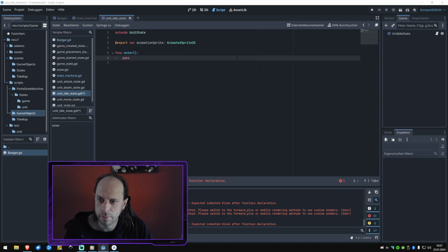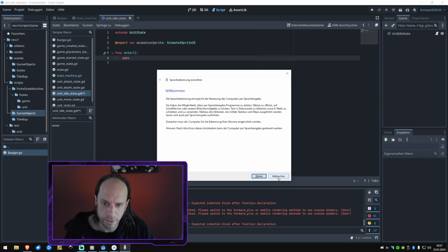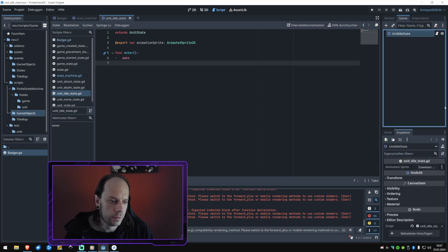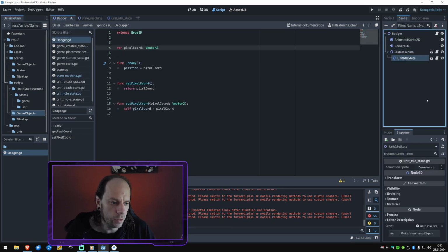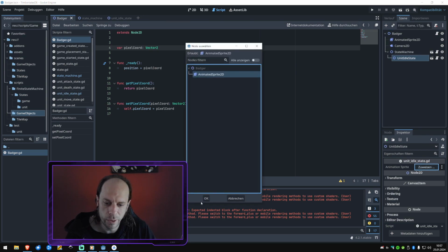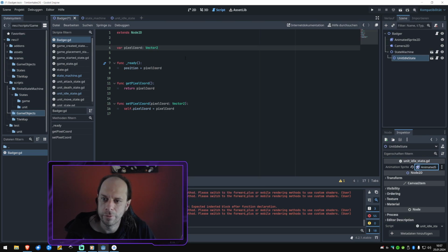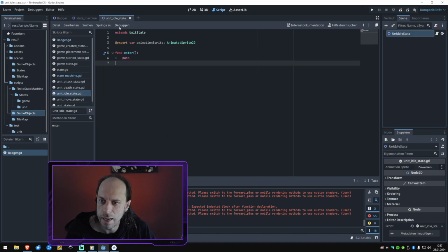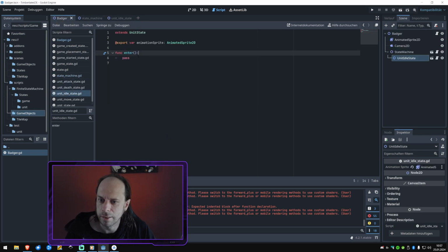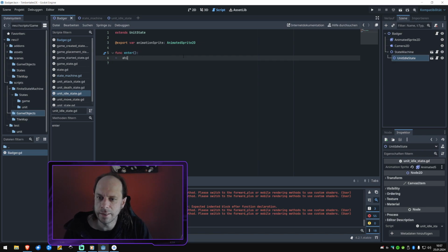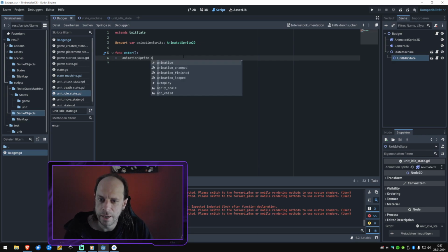What's up? So now it was broken. So what we want to do here is we want to add the animation sprite for this one. And now we can go into the unit idle state, and now we can access the animation sprite and say